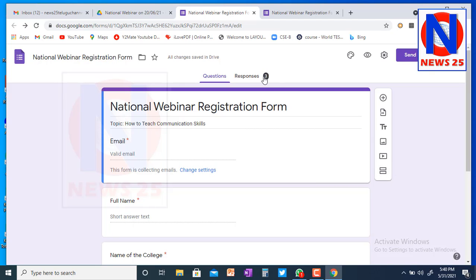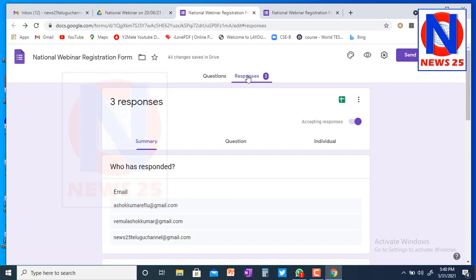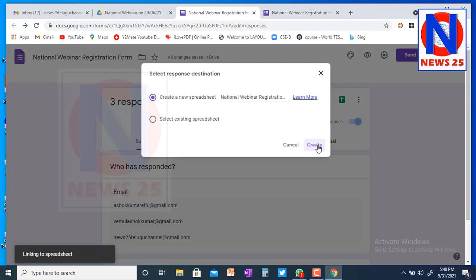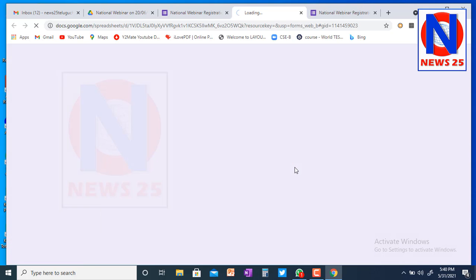Next thing is click on responses, then click on spreadsheet. Create new spreadsheet is there, so already national webinar registration form is there, already name is there, so just click create, that's it. Okay, so we got the spreadsheet.